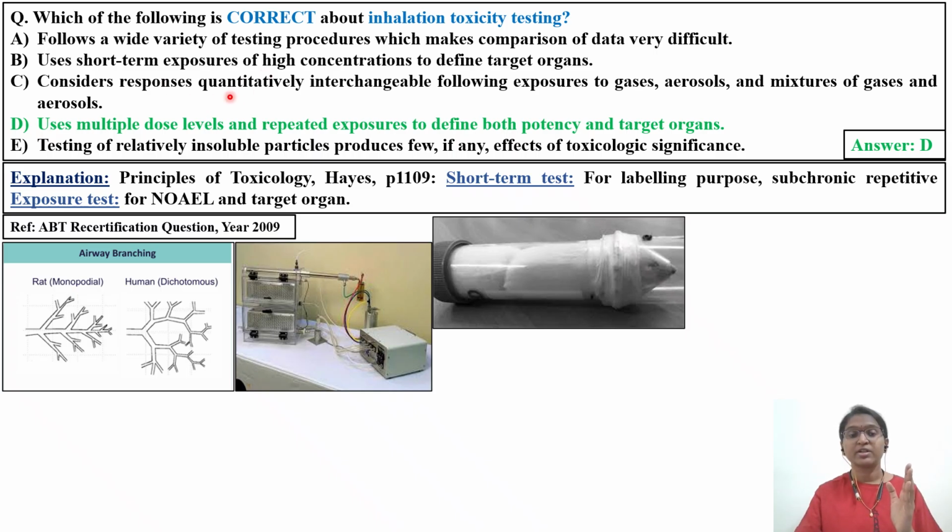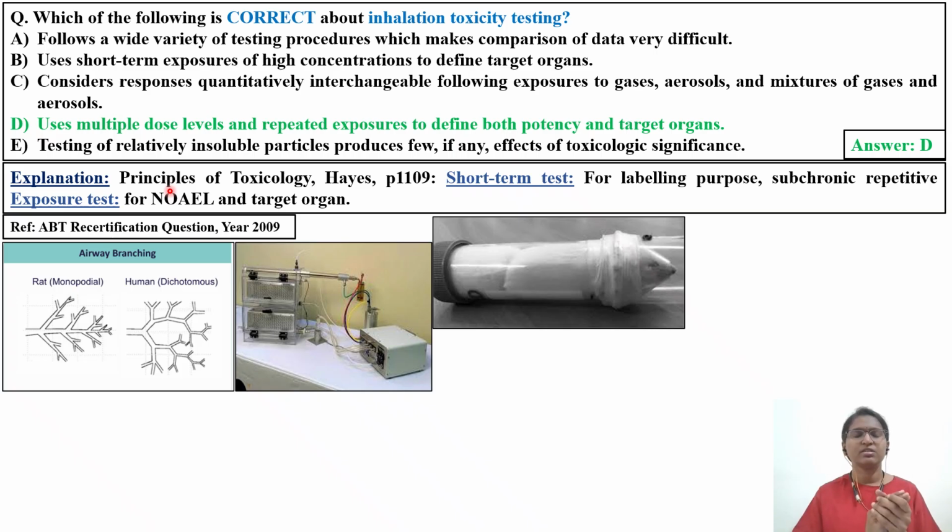Considers responses quantitatively interchangeably following exposure to gases, aerosols, and mixtures of gases and aerosols: this is not quantitative. Testing of relatively insoluble particles produces few, if any, effects of toxicological significance: coming to solubility and insolubility, we saw this in the first slide. This is another very interesting one I have found. We'll see first the explanation given by the